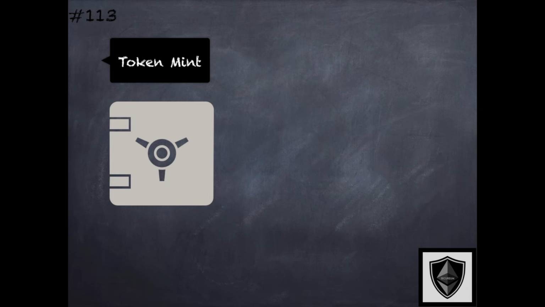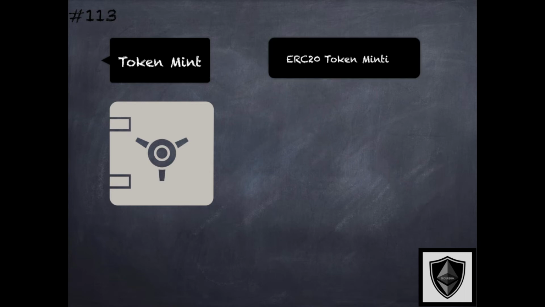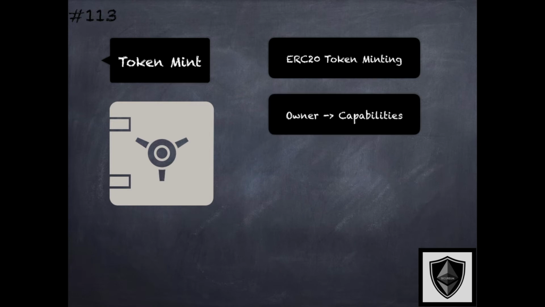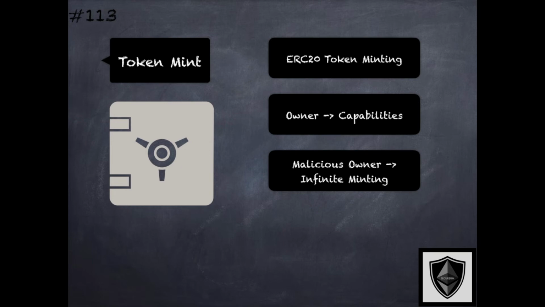Recall that in the context of token contracts, minting refers to the act of incrementing the account balances of addresses to which those new tokens are credited. And in this context of token minting, one should be aware of the contract owner having any extra capabilities over this functionality. And if this is the case, then a malicious owner could effectively mint an arbitrary number of tokens to any address of their choice,